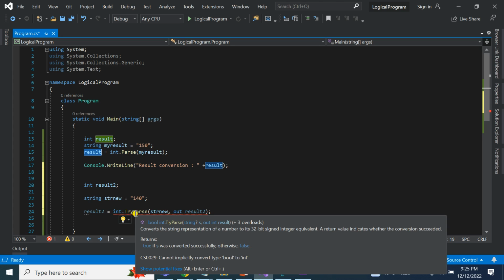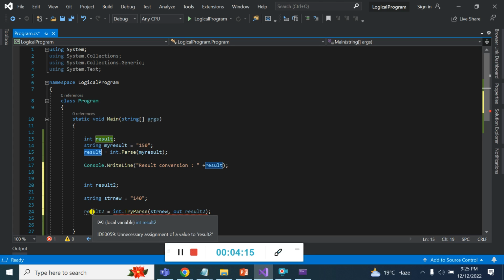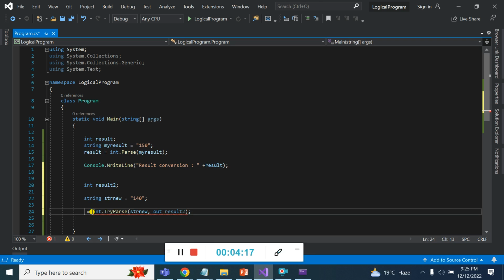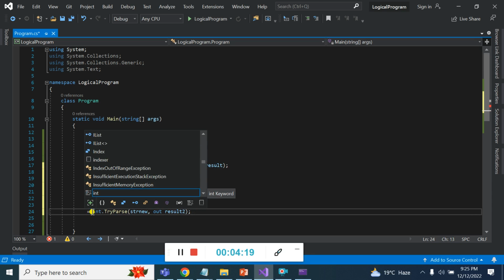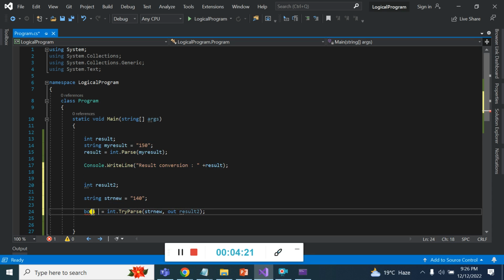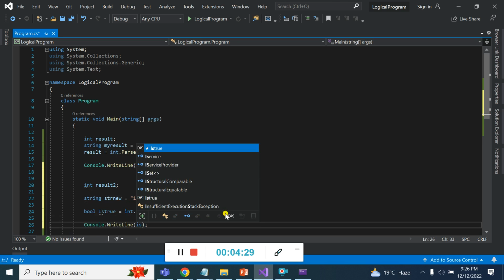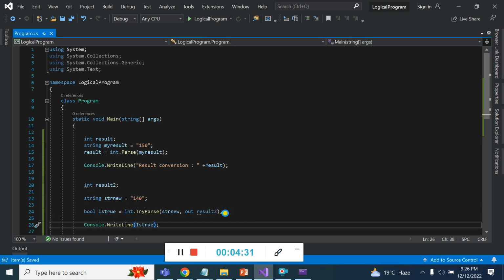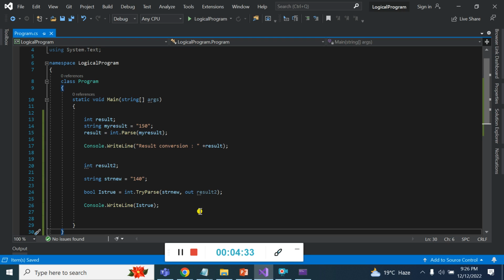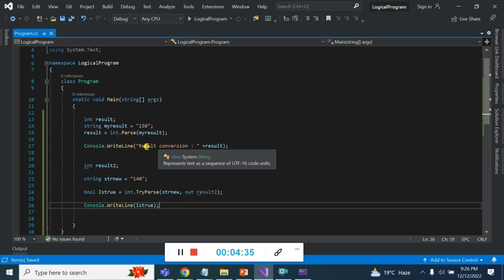So I need to store it in a bool. I define a bool and it's true, and in Console.WriteLine I pass it. Now I compile the application and see the result.